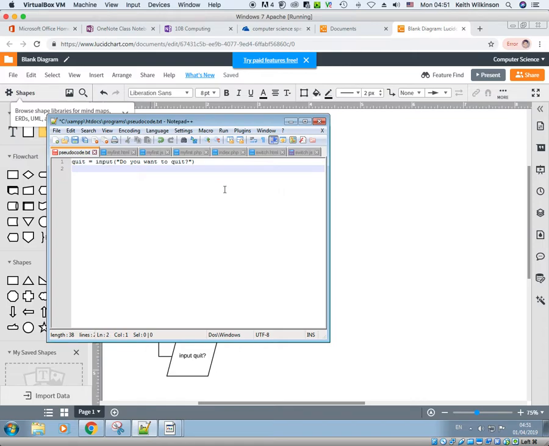So that's my input statement. The next thing I do is my condition. So this is the rhombus, the diamond, whatever you want to call it, and it works like this: while, so that's the keyword, here is the condition, while quit, which is the variable I've got there that received the value, while quit is not equal to yes,